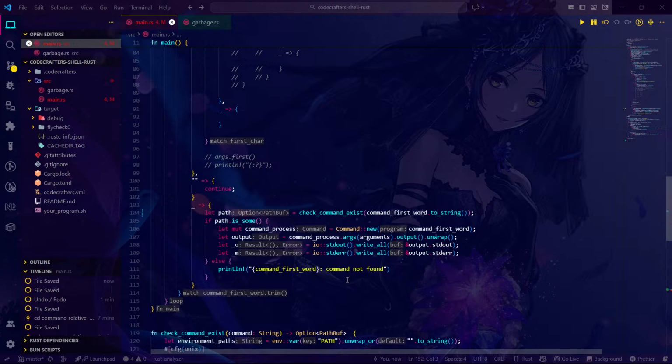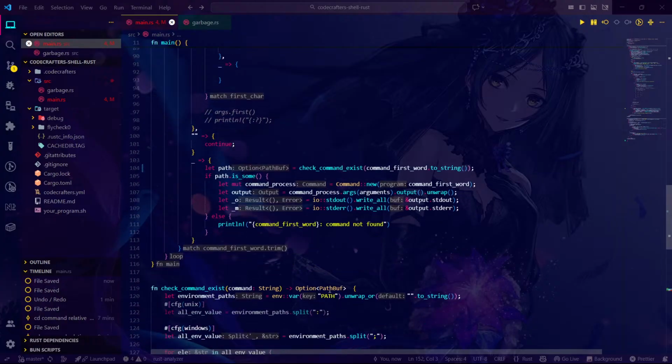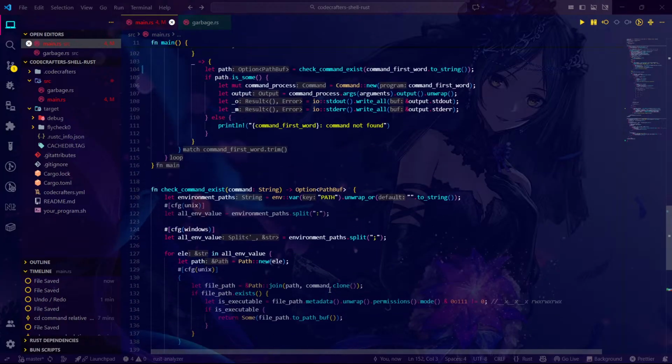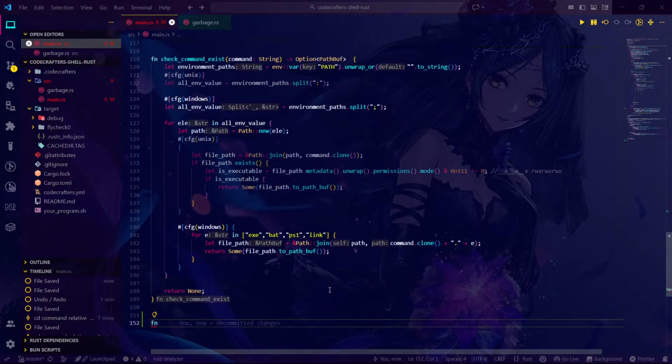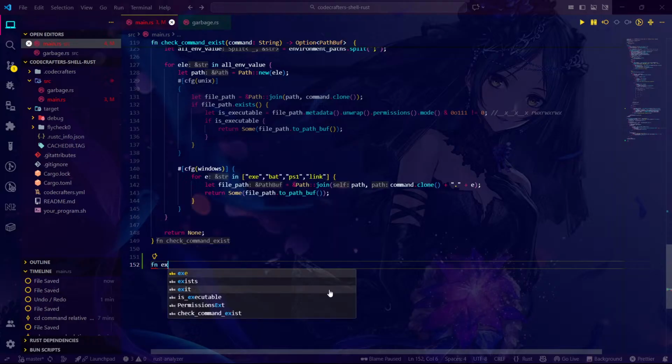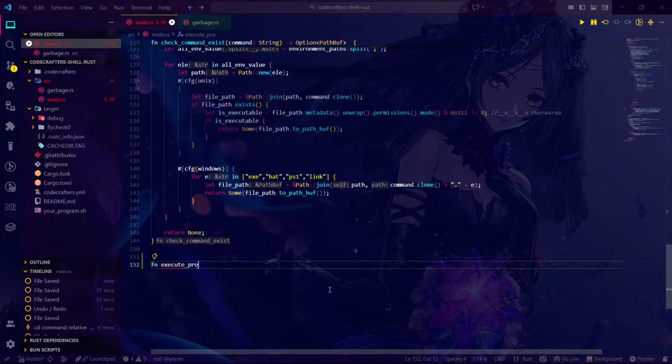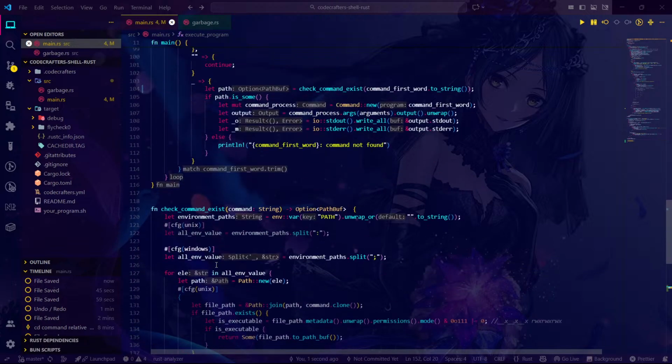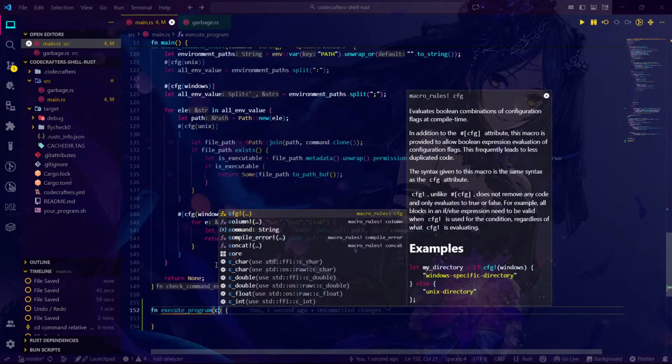This is for executing the programs, right? Let function execute program, and we are taking the arguments. What arguments are we taking? The command,